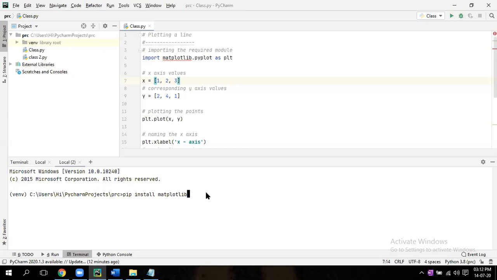Whatever library you want to install, in PyCharm you can right click, go to the terminal and do it, or you can go to the command prompt. You have to write pip install and that library name. Okay, now enter.